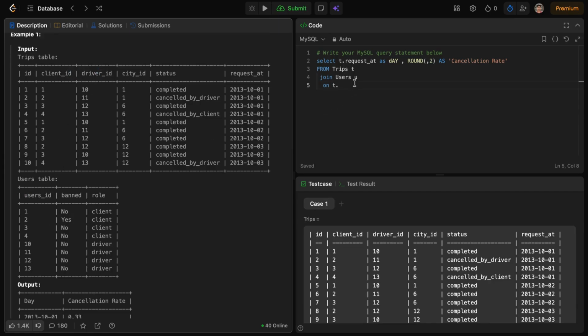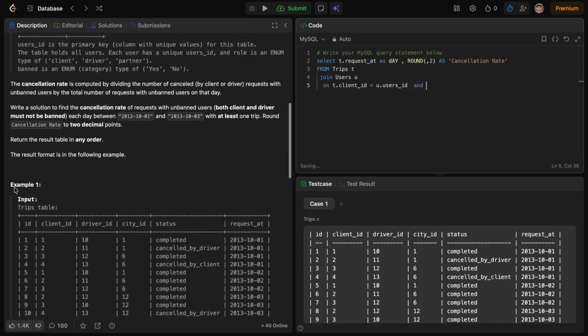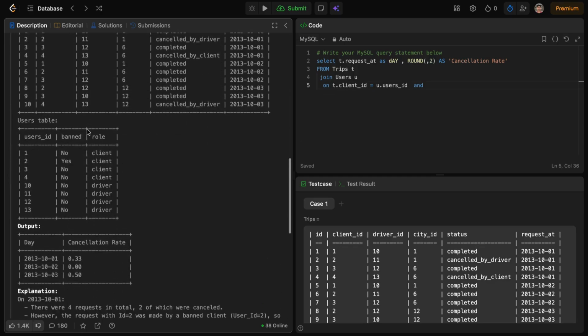First we join our client ID with the user ID. So t dot client ID equal to u dot users ID, and the condition they want is that both client and driver must not be banned. So and